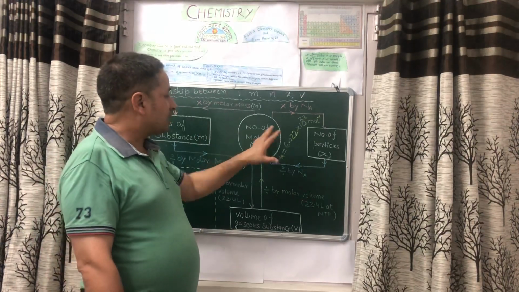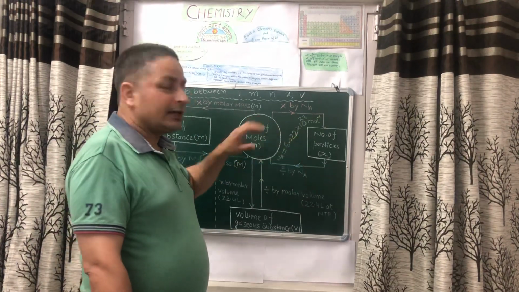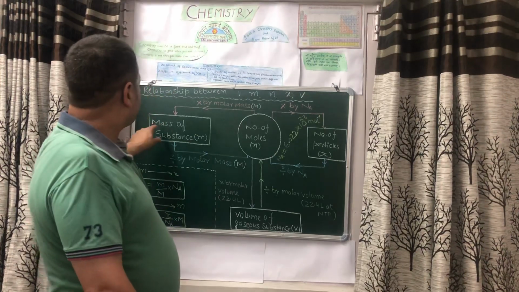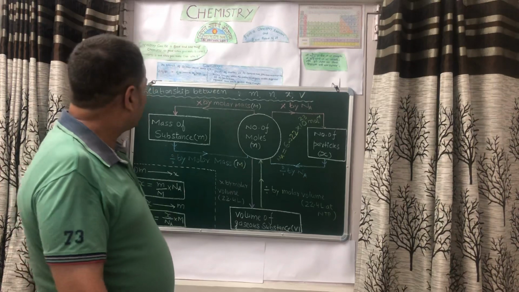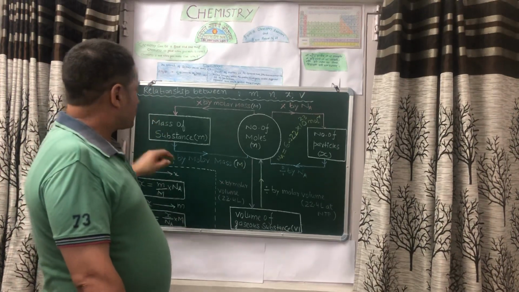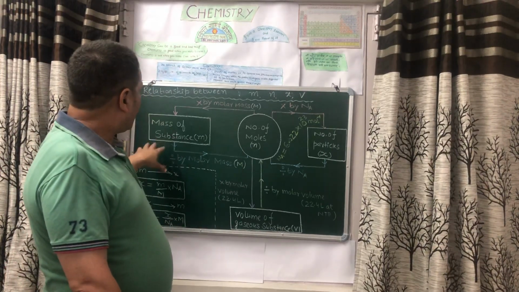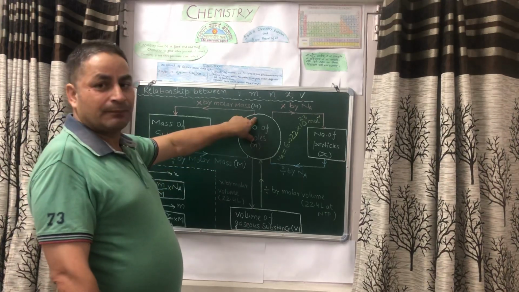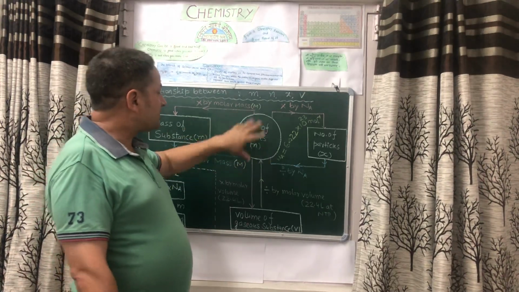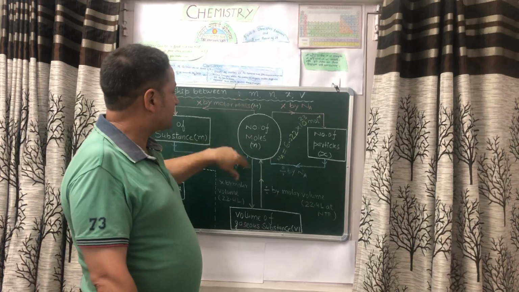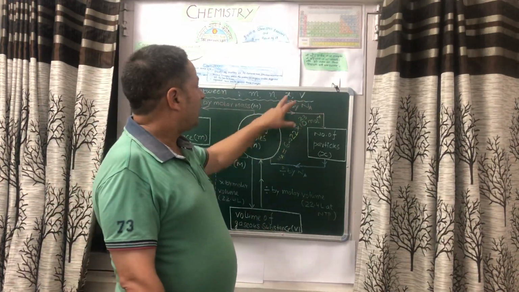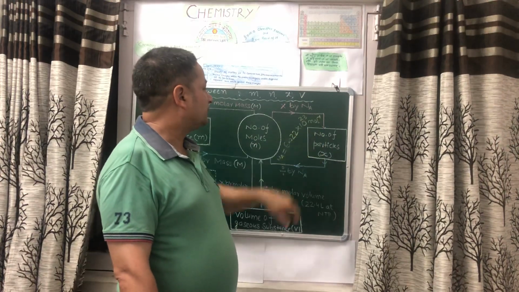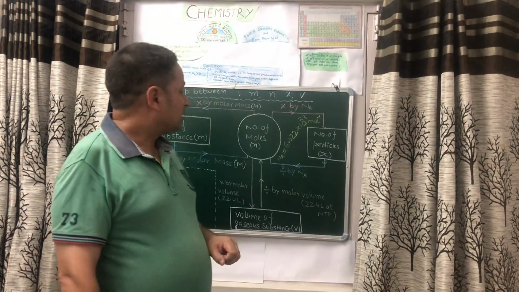Now here, your two quantities are interconvertible. Now I want to convert this mass of substance into number of particles. How can we convert it? Simple, the mass of substance is given, so divide it by the molar mass, and you will reach here. After this you have reached the number of moles, and then it is multiplied by the Avogadro number, and you will reach the number of particles. Now this is a simple route.